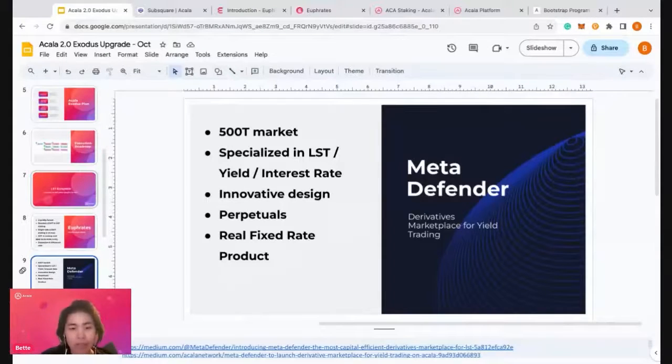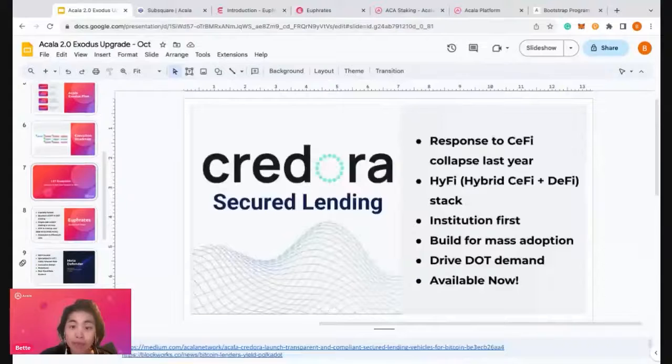So there's a testnet campaign that's going on. And then very soon they will also be launching testnet for the yield tokenization as well as the perpetuals. So yeah, that's the Meta Defender project. And then the next one, like the previous two, is more on the DeFi innovation side. And then the Credora secure lending is on the HiFi adoption side of the